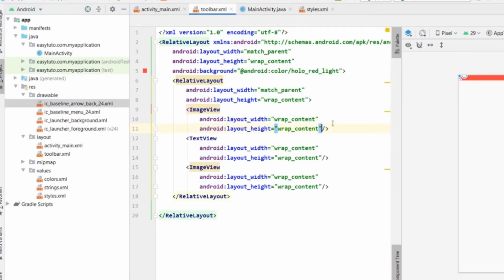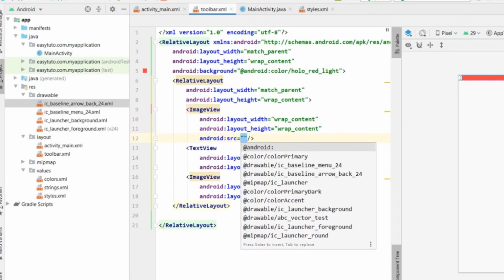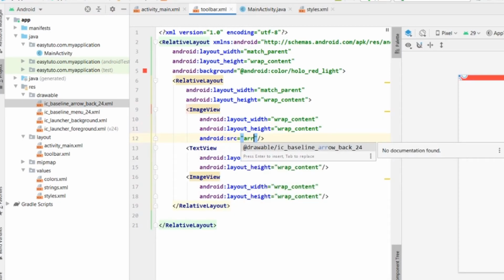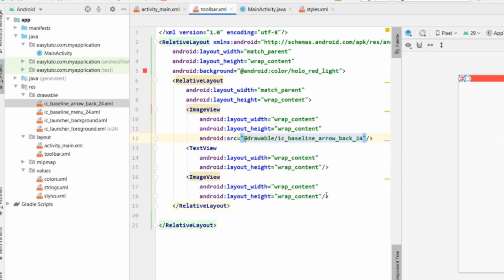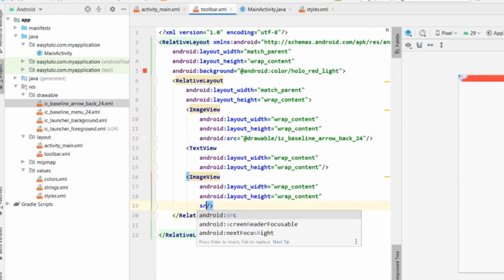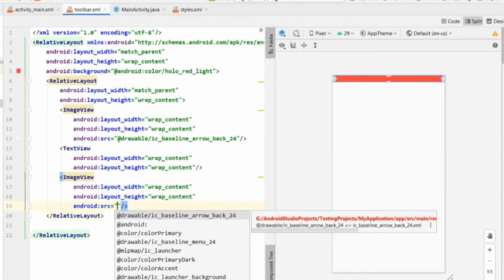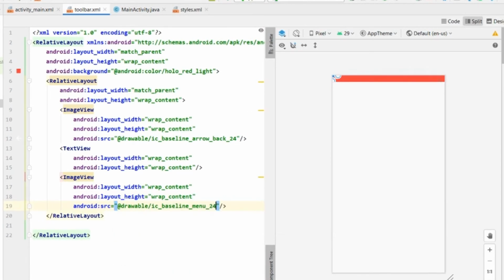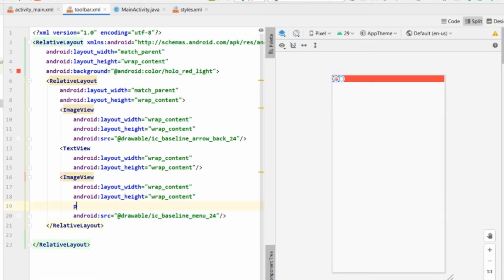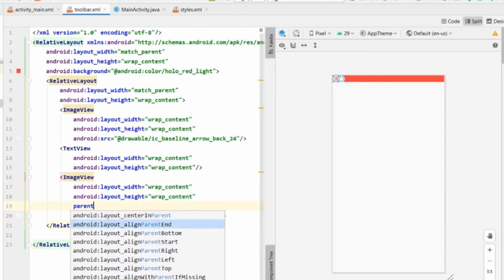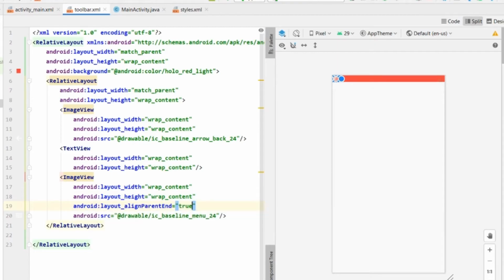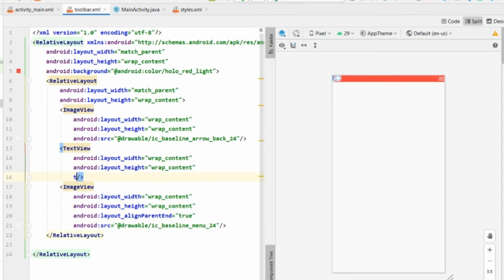I will give the source of back button to this image view, and for this image view I will give menu, and I will push this to parent end. So here we have one icon, two icon, and we will have text here. I'll give the text for now